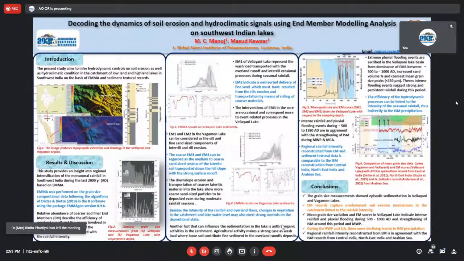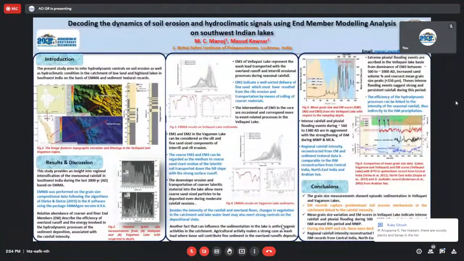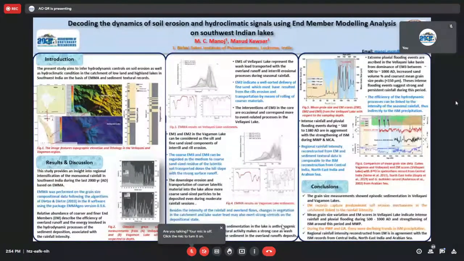also found extreme pluvial flooding events, which are ascribed in the Velaini Lake basin from the dominance of EM3, between 500 to nearly 1000 AD. So these intense flooding events suggest a strong and persistent rainfall during this period. These intensive rainfall and pluvial flooding events during 500 to 1318 AD are in agreement with the strengthening of ISM during the medieval warming period and the medieval climate anomaly. Our record we have compared with the regional rainfall intensity reconstructed from the other